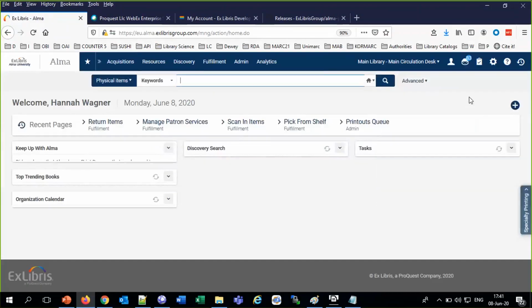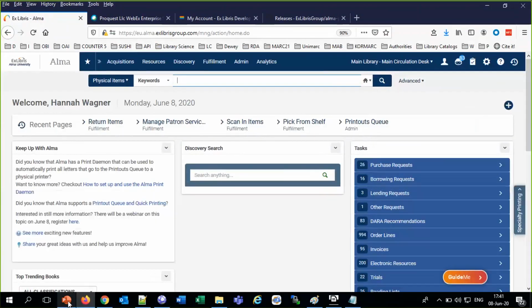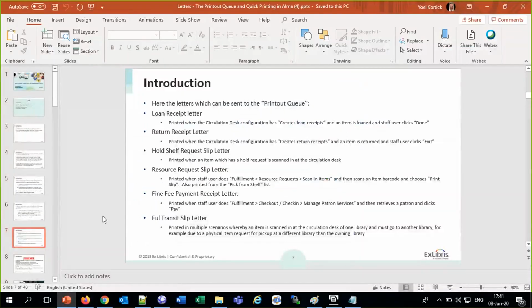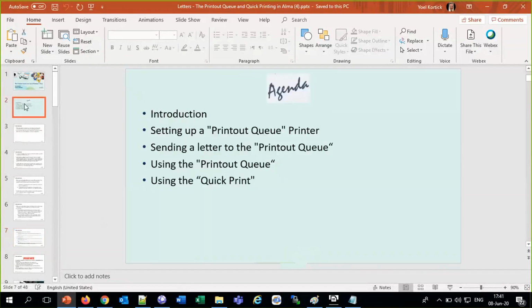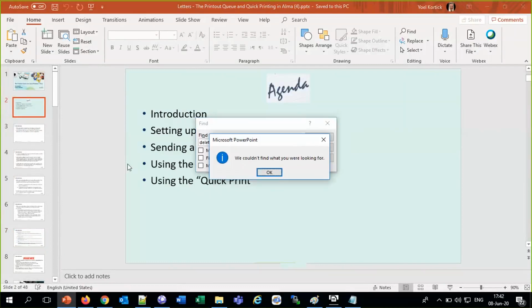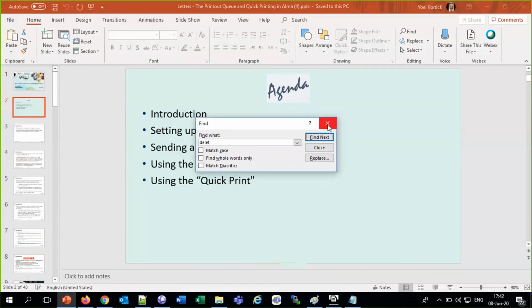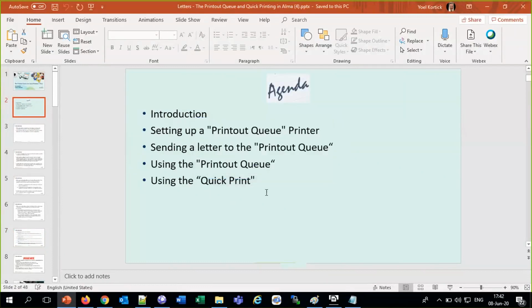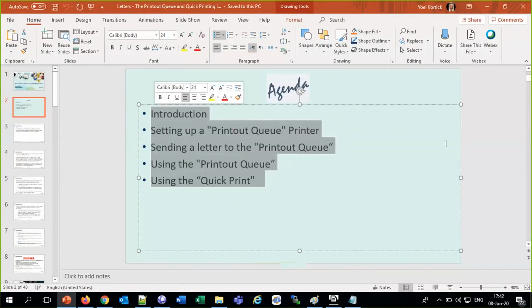Now, let me point out that here in this PowerPoint, there's a lot more about the printout queue. People have been asking different questions about the printout queue. I believe it's every 7 days they're removed from the printout queue. People have been asking how long the printed letters are kept in the printout queue. So you can read in this